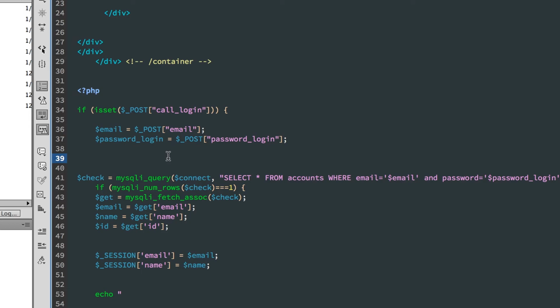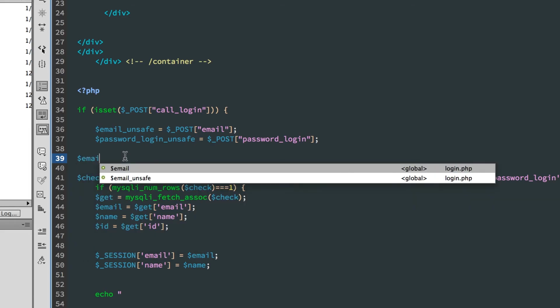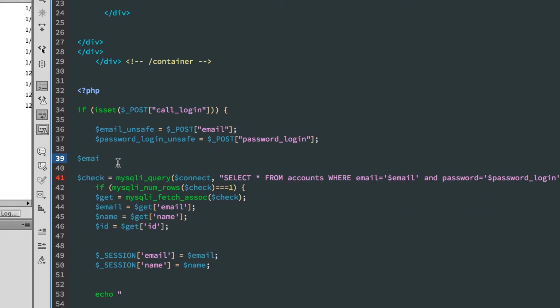So for the programmers out there, if you want to try to help prevent this, I suggest looking into prepared statements and parameterized queries. They're a little more advanced, but I'll show you a simple way that's not considered as good of practice, but it still works. So if I change these variables to email unsafe and password login unsafe, I can take the variable that we're using down here in the query and say email is equal to my SQLi real escape string,